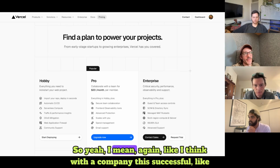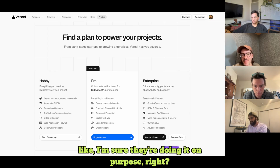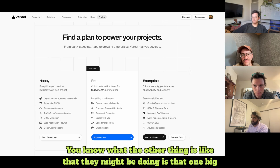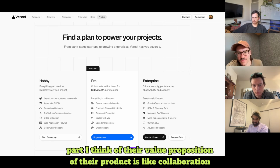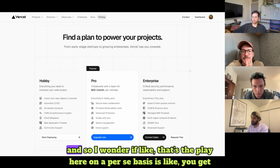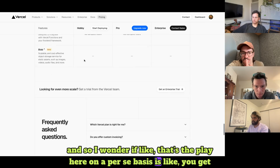So yeah, I mean, again, I think with a company this successful, there's a lot of authorial intent, you should assume. So I'm sure they're doing it on purpose, right? But the other thing they might be doing is that one big part of their value proposition is collaboration and commenting and all of that stuff. And so I wonder if that's the play here on a per seat basis: